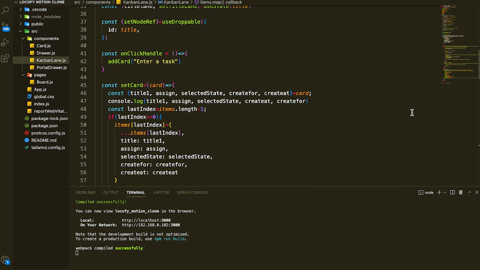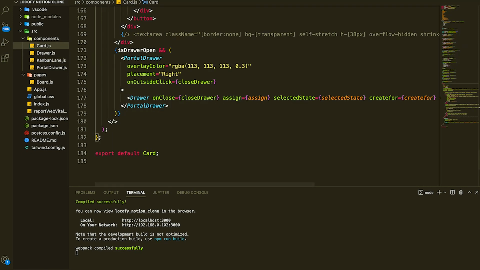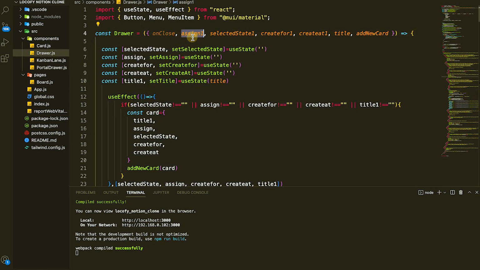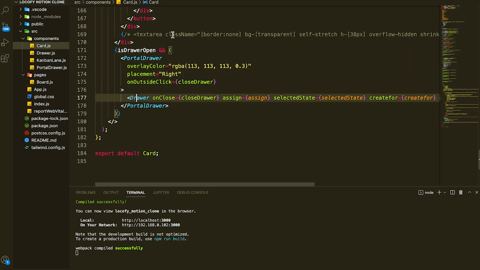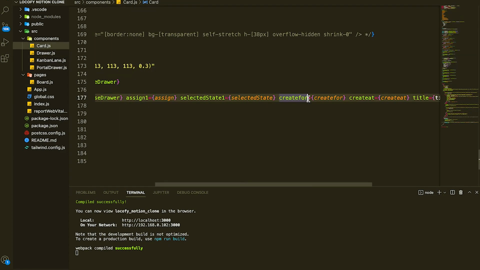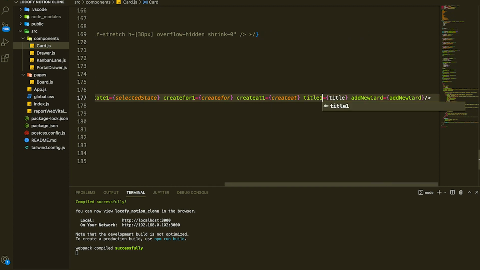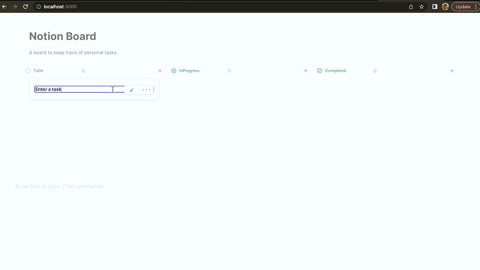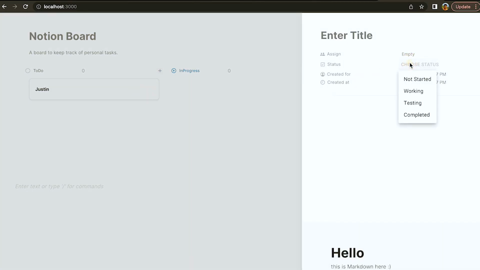So I think there might be a problem in how we are passing the parameters to the drawer. So let me quickly go over to the card component, and over on the card component, we can see that the parameters that we pass on to the drawer are assign, selected state, create for and create at. But if I go over to the drawer component, I can see that I'm passing the parameters and receiving the arguments as assign1, selected state1, and create for, all with a suffix of 1. So we must alter these named parameters to suit the arguments that we are receiving in the drawer component. Let me quickly add 1 to each parameter, and now when I run it and add a new card and add properties inside the drawer,